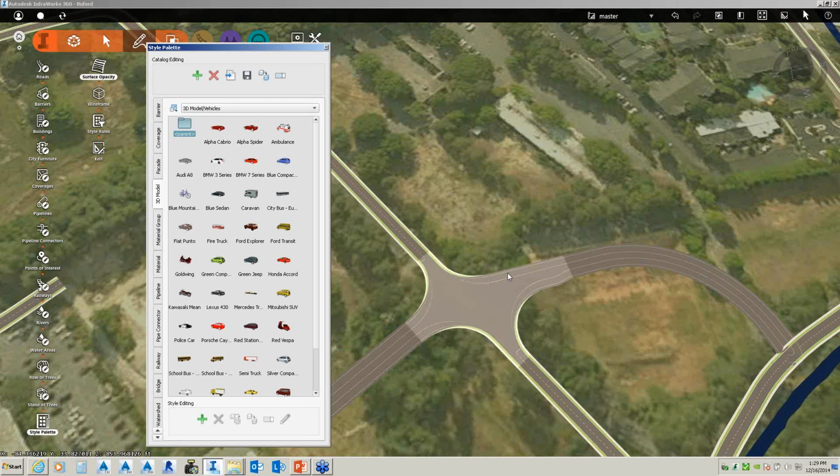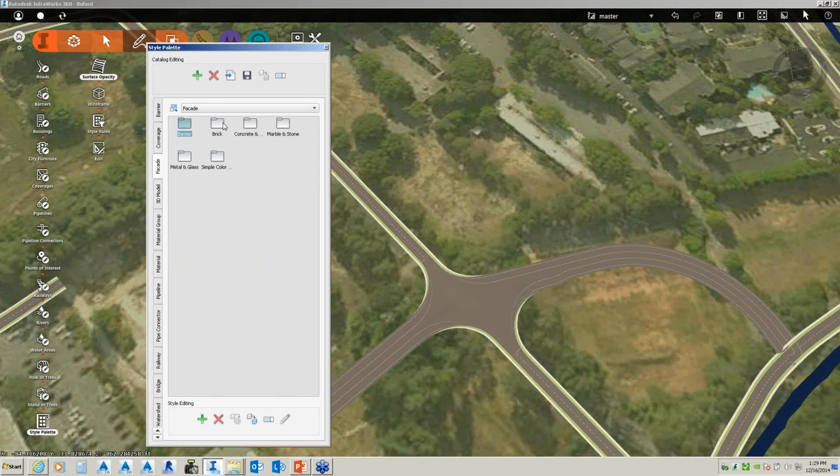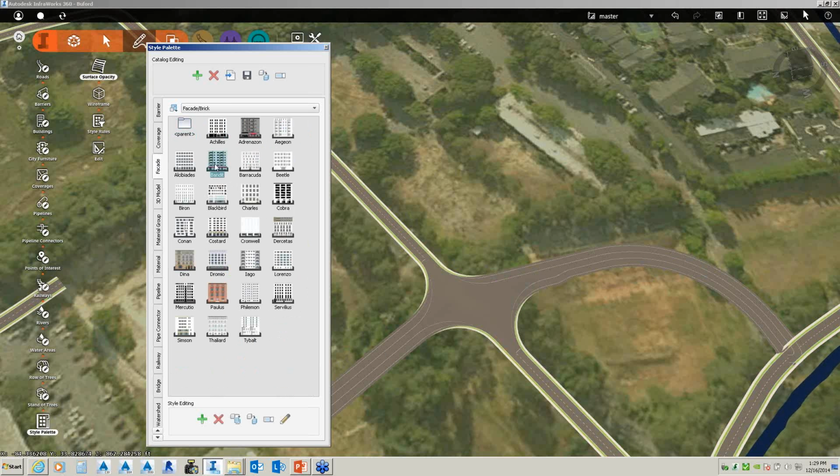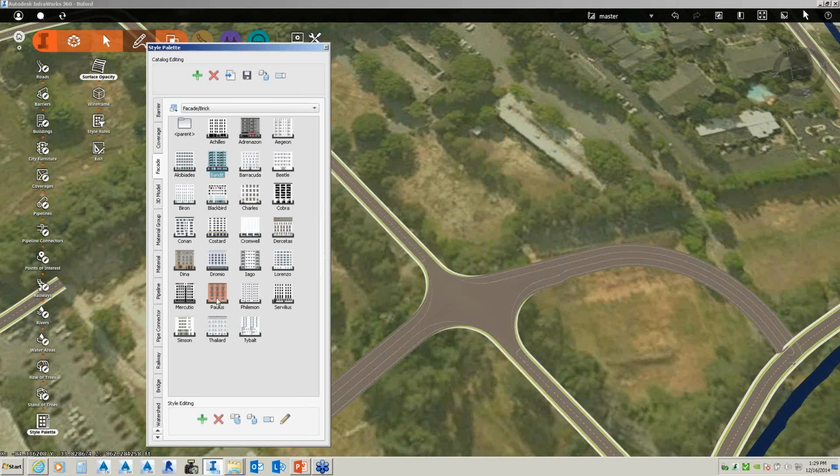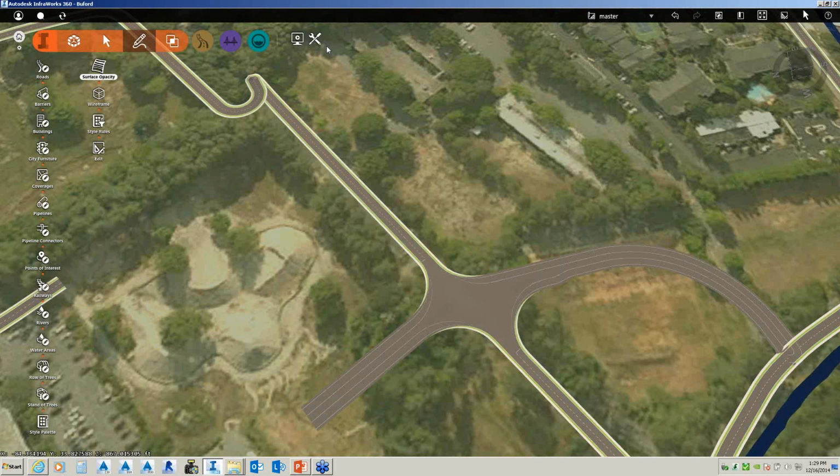There's not a just create text like in CAD, but you can go into a building and edit that style and then you can add text to that. So you can bring in blocks to kind of add text to that. So you can do that also.